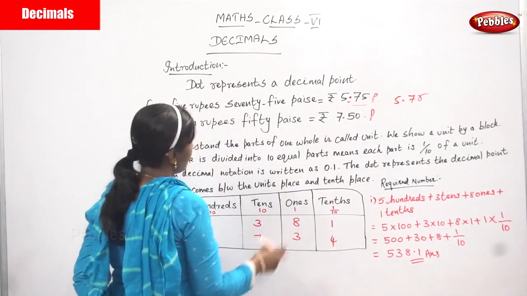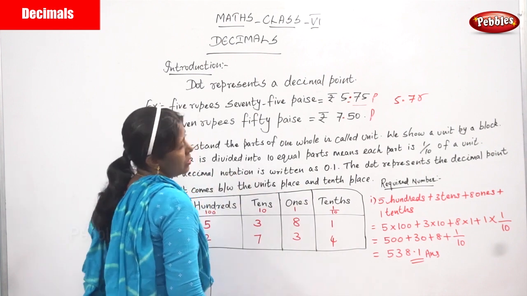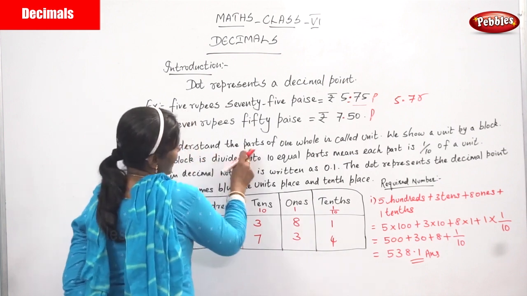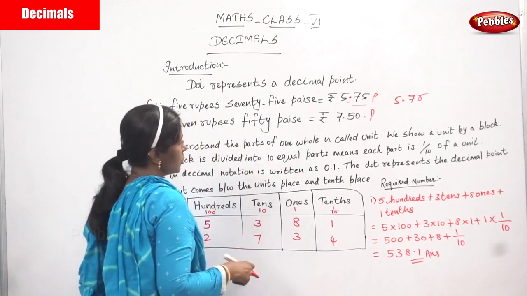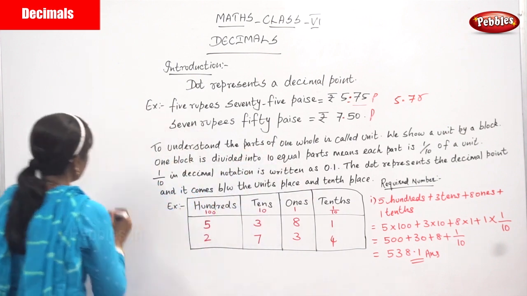To understand the parts of one whole, the whole is called a unit. We show a unit by a block. One block is divided into 10 equal parts, so each part is 1 by 10 of a unit. That means we are trying to understand the parts of one whole. For example,